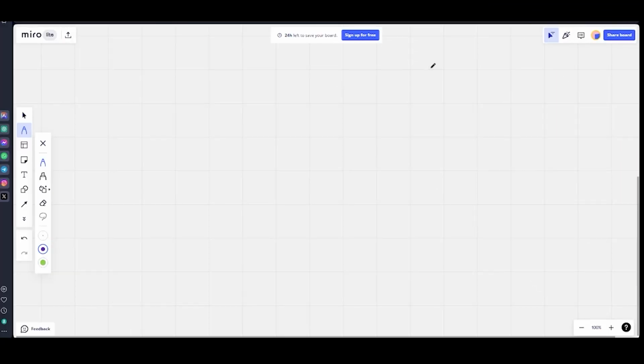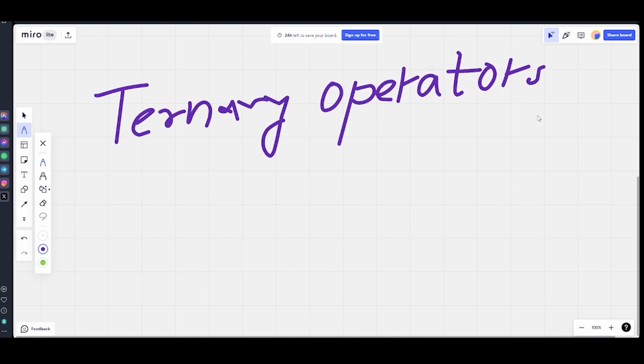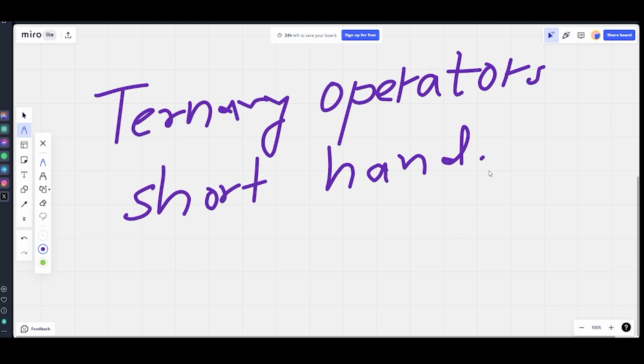Welcome back. Today we're going to start what we call ternary operators. Now ternary operators has also one more name which we call a shorthand if else. It is called the shorthand if else statement. What it means is basically it is simply just like if else. There is no difference in how it works, but it is actually smaller when we write the code. When we write if else, it takes around 5 to 6 lines of code. But when you use a ternary operator, it will be done in just one single line.